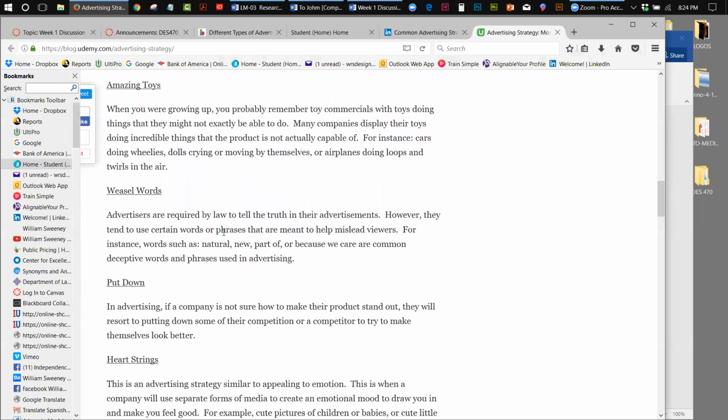Weasel words. This is what I was talking to you about before when we were talking about that gold advertisement. You've got to really think about what they're telling you, and are they trying to ply you with weasel words in some way? If you really think about it logically, I'm not saying everybody will not get caught by them, because there will always be some that will get caught. But if you really think about it carefully, and if you look at what you're doing, you'll spot weasel words. They tend to jump out at you as being, and I won't say that they're not truthful, but they're sort of